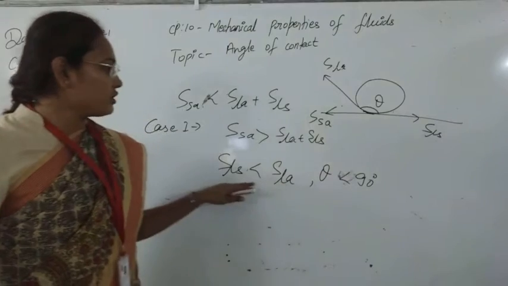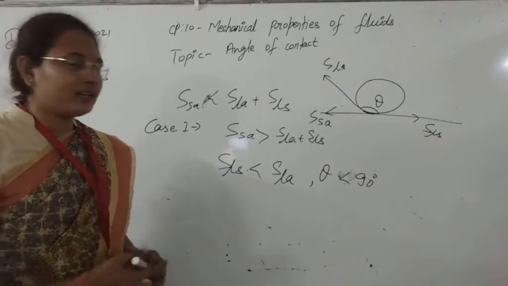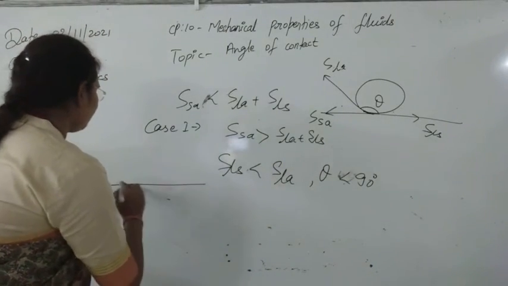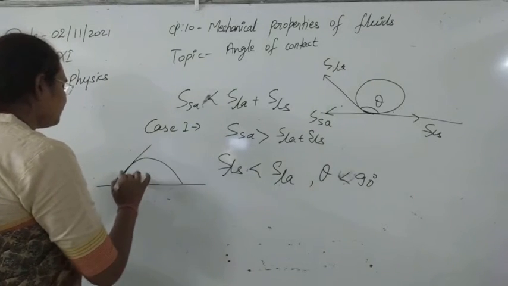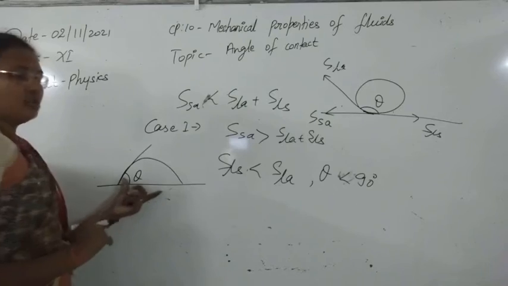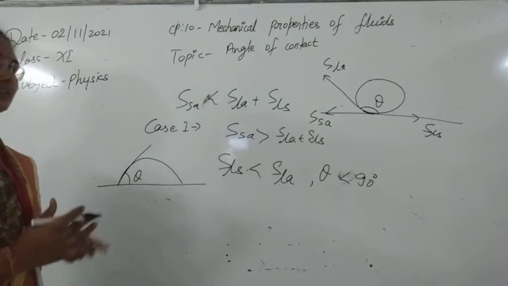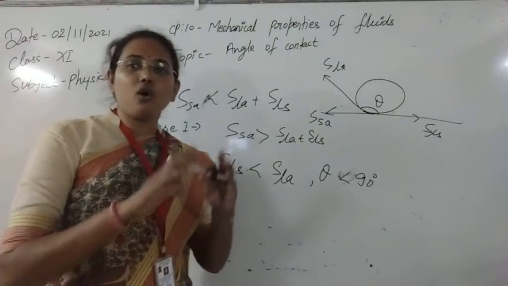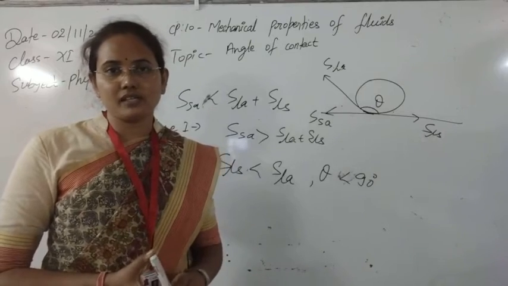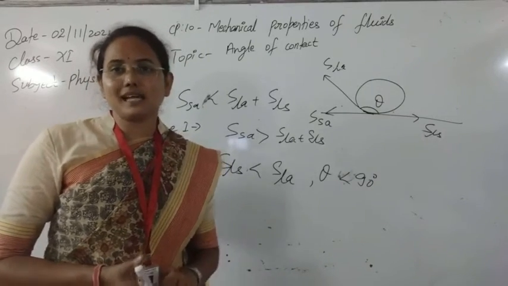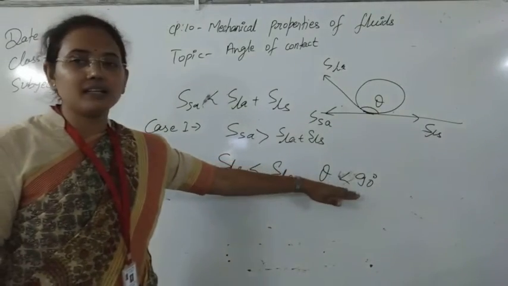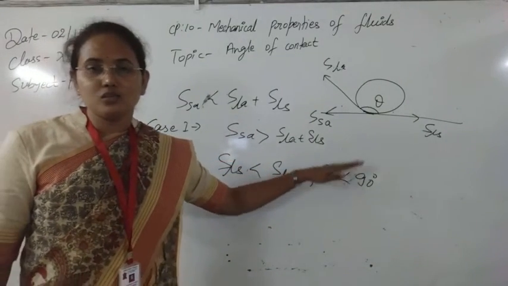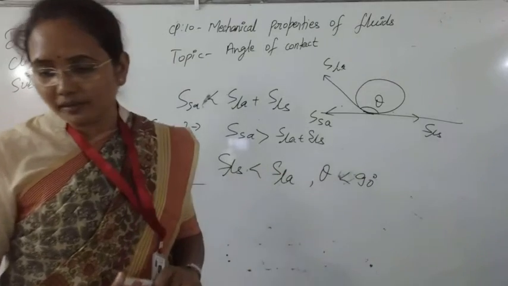And as it is an acute angle, if you put such a kind of liquid, it will make this kind of angle. So it means it starts to wet the solid surface because it will all spread on the solid surface. So the force of adhesion in this case will be greater than the force of cohesion. You can understand this whole concept by the concept of angle of contact. So I think the second concept is also clear.